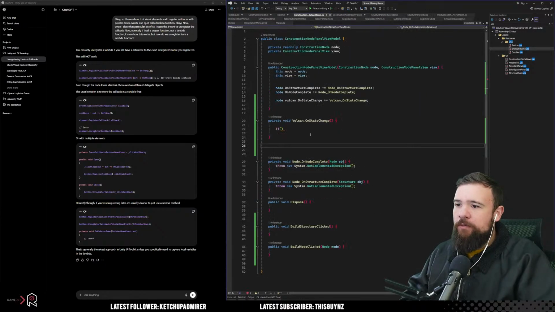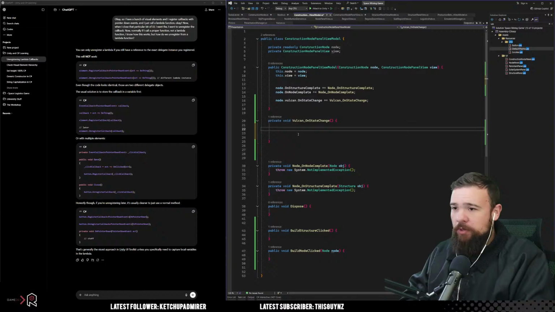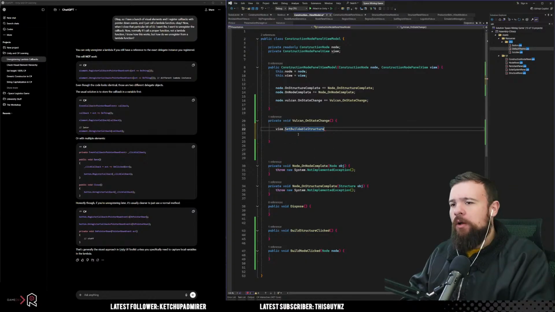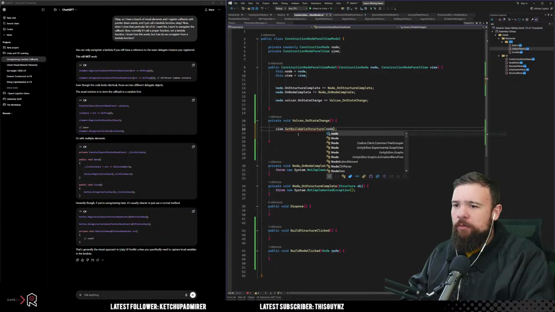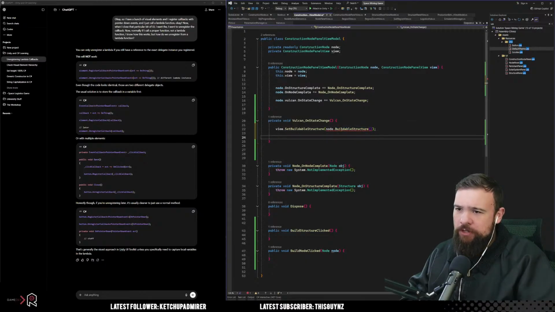Okay, so in the view button, now we can do the following. We could just call view dot set buildable structure, and we want to get node dot buildable structure. Okay, so that returns